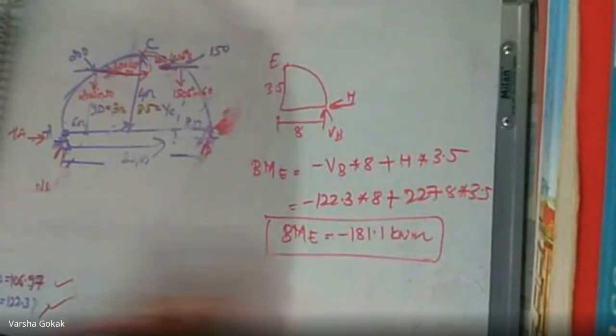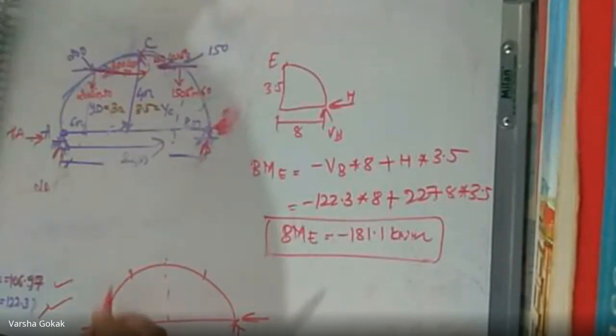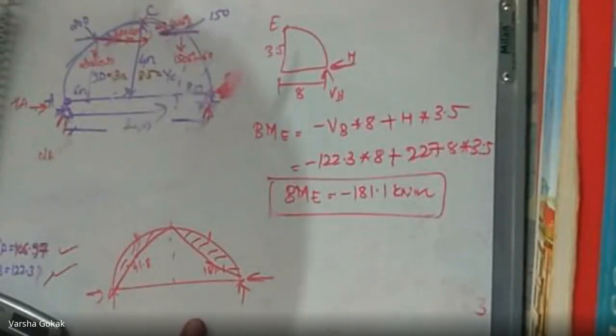So when I'm plotting, this is my arch, and I have this value and this value, and this is going to be 0. So here it is first minus 41.58 and this is minus 181.1. So from here it goes negative, 0, negative, 0. The entire thing is going into negative bending moment. Okay, so this is the bending moment diagram, and from this you can find the normal thrust and radial shear if it is asked in the question, or else it's okay, no need to find.